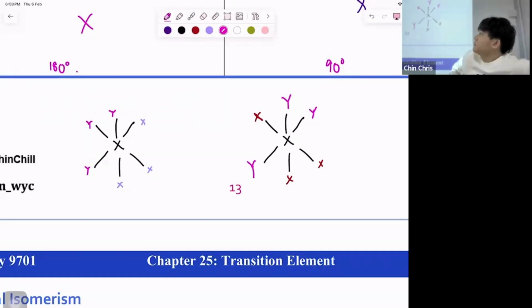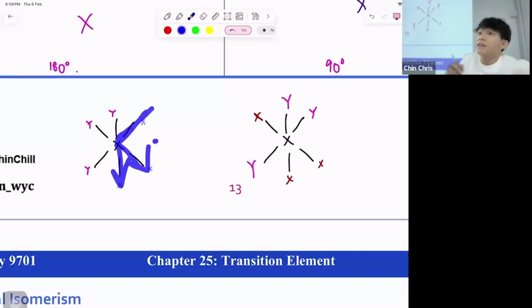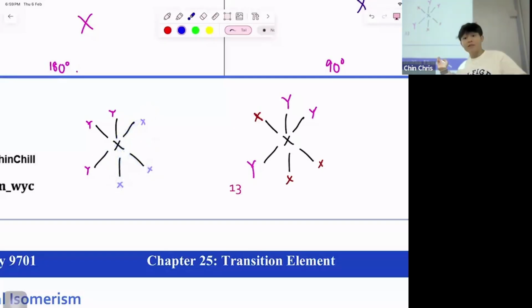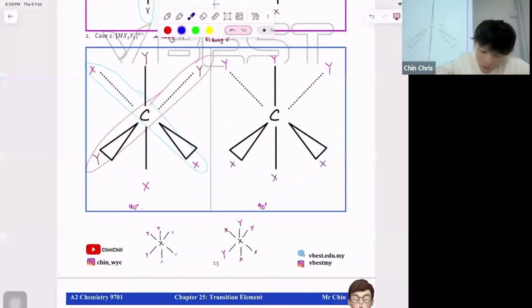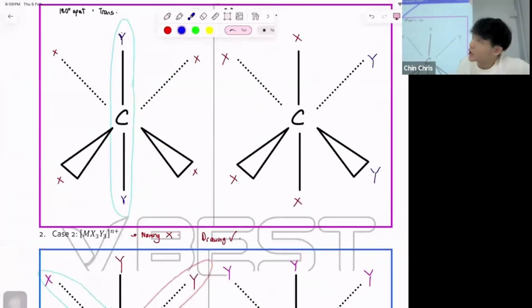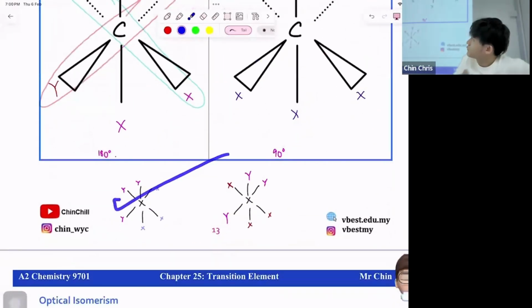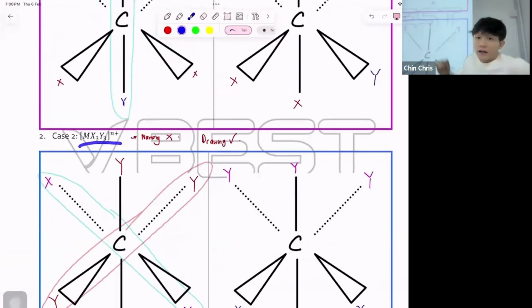Are they the same or different now? They are different, right? Again, no straight line. You see, no straight line. So it goes like that, it goes like that. Can you see that? So this is another isomer, already done. Simple as that. So basically we covered cis trans, and we covered the octahedral arrangement for A3B3. Next,